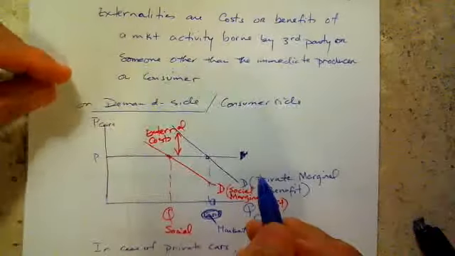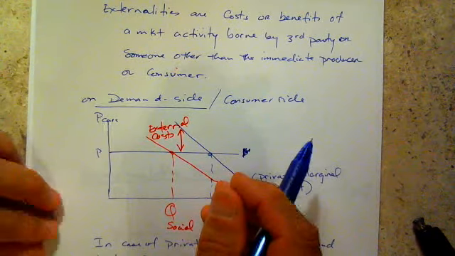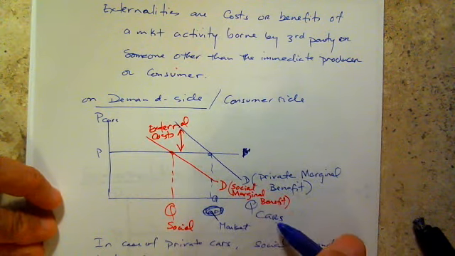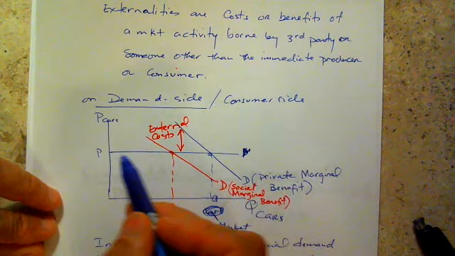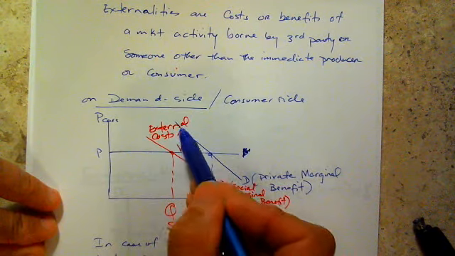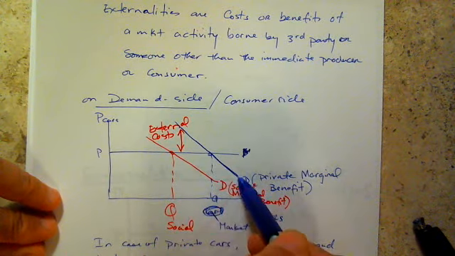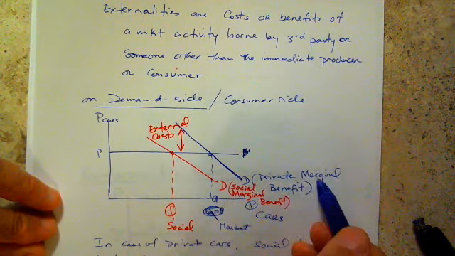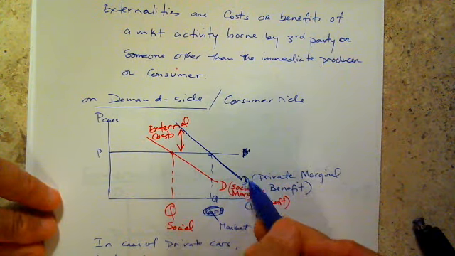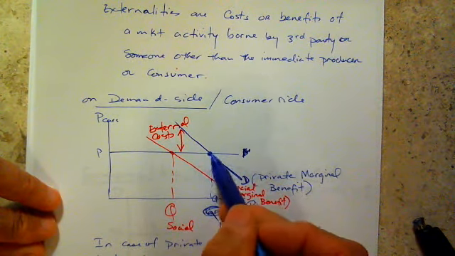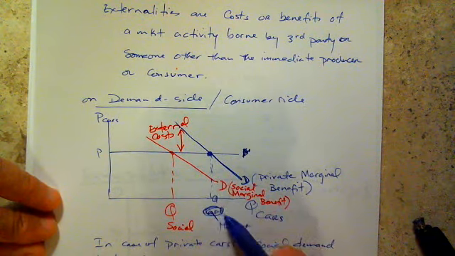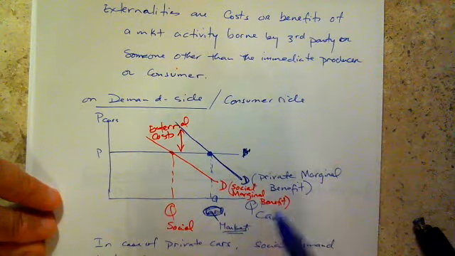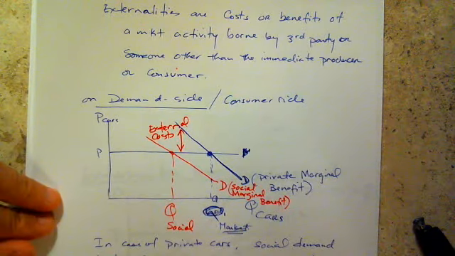Consumers, when they purchase a product, will only look at their own interest and the benefits drawn from the consumption of it. Let's say in the case of automobiles or cars, there is a price and quantity and there is a market price. Consumers will decide based on their need and desire for cars, a demand curve that reflects that need, and it is called private marginal benefit, otherwise referred to as the demand curve. At the going price, this is the quantity that at the market level the consumers will purchase, only considering their own personal utility for the product and the benefits that they receive.